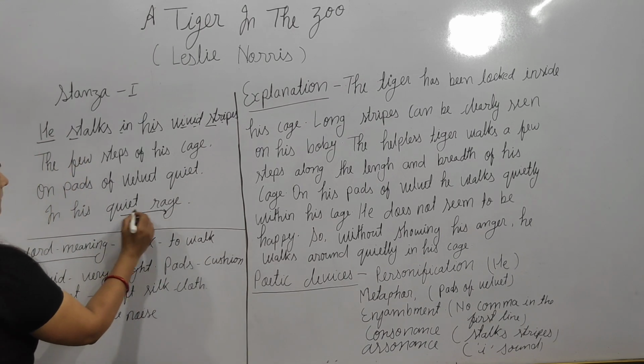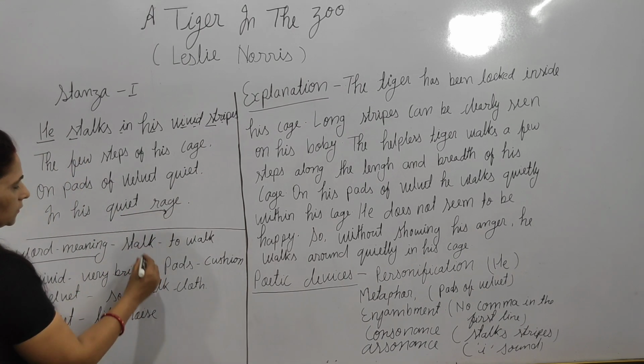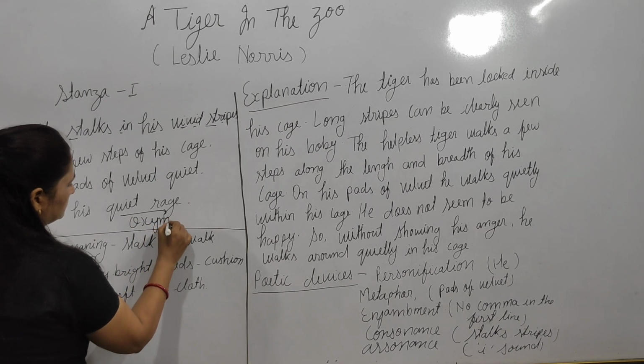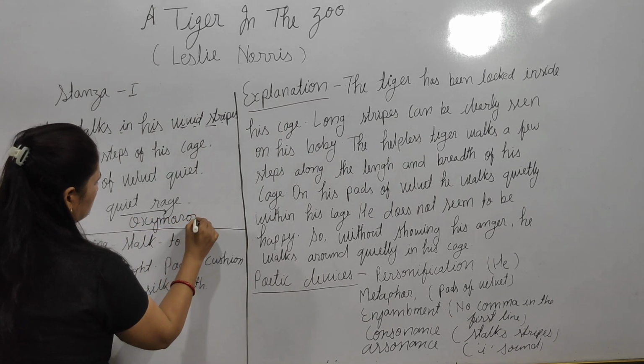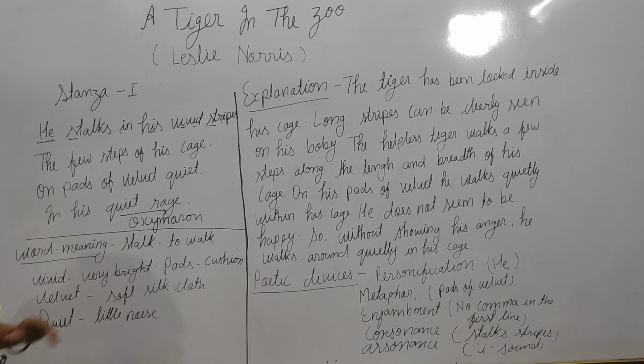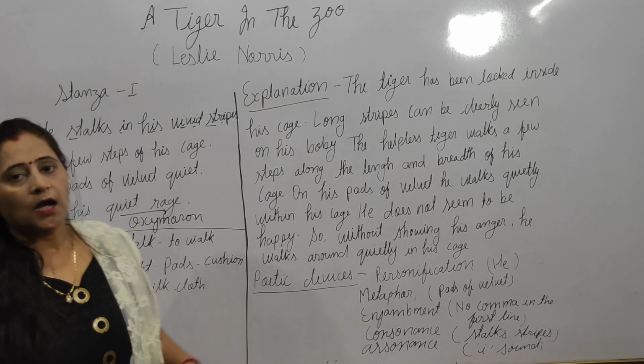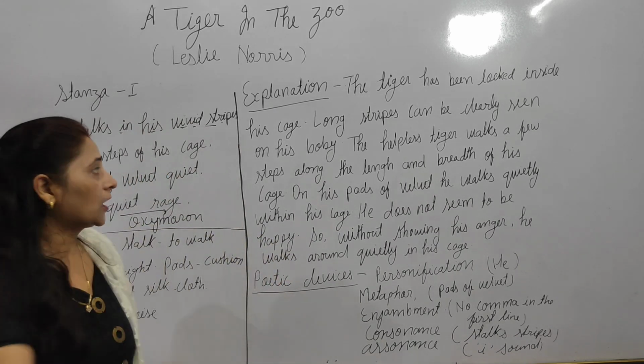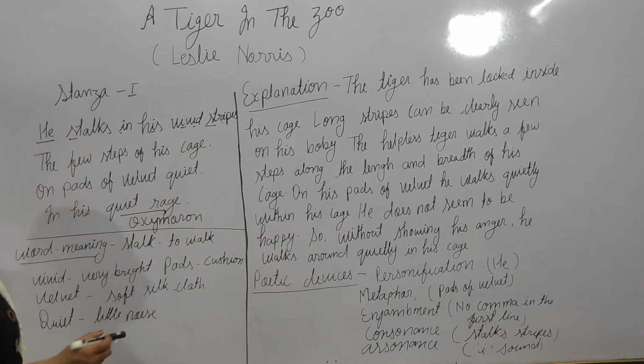And this word means oxymoron. This word is showing the oxymoron. Oxymoron means we are getting opposite qualities here, so it means the oxymoron. I hope the explanation of the first stanza is clear to you all. Now you can take the screenshot or note it down.